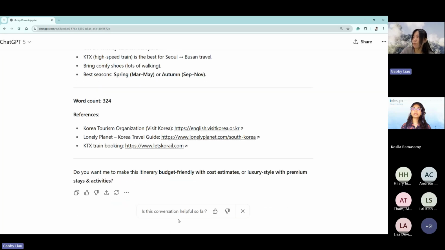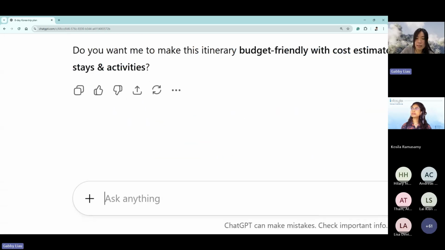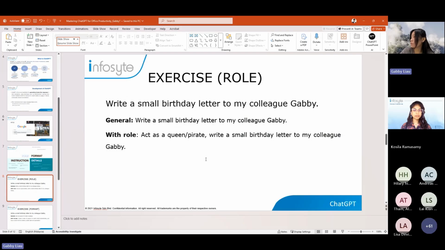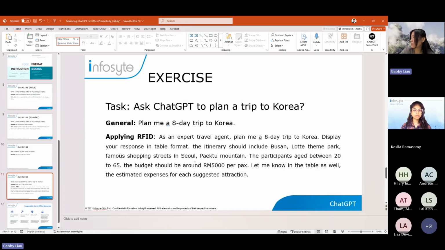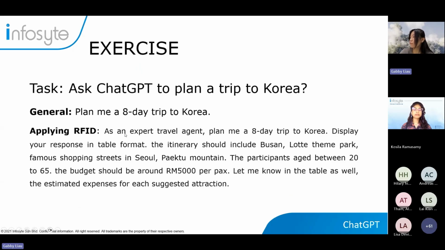So if you want a more specific trip itinerary, I would advise you to try this one, like I mentioned. You can try, as an expert travel agent. Now you are talking to an expert travel agent. You can even say, as an expert travel agent working in the field for 30 years, with a lot of experience bringing tours to Korea.